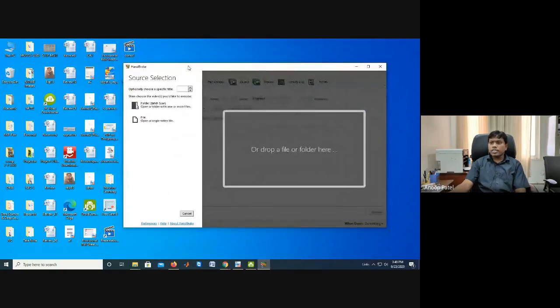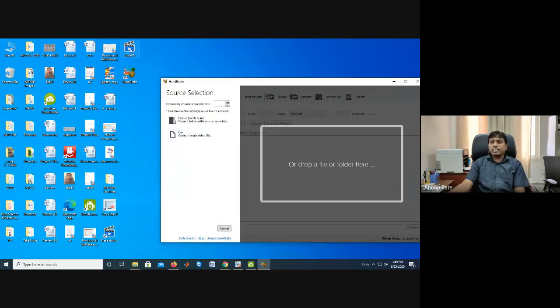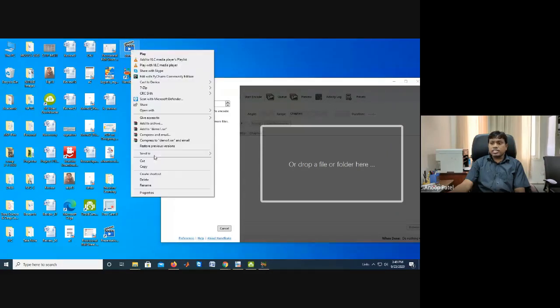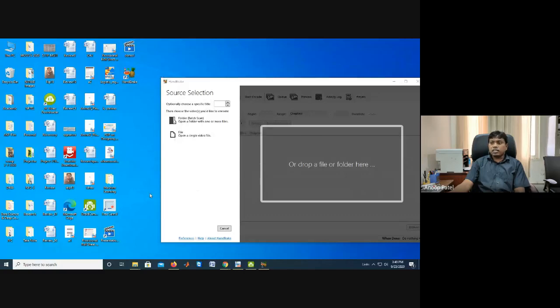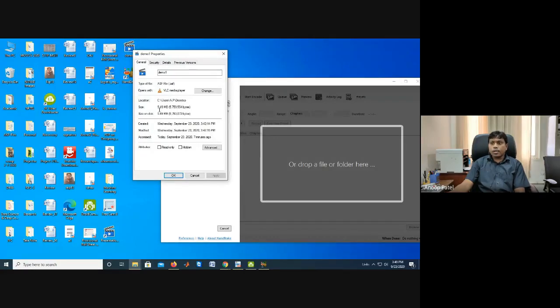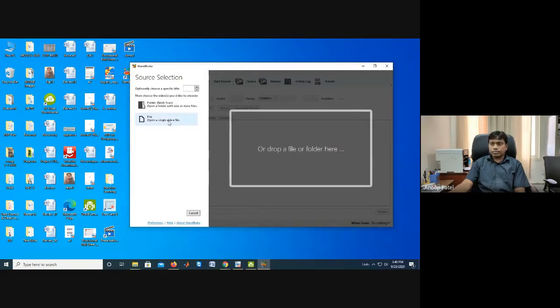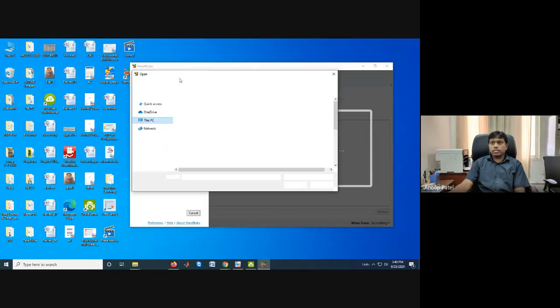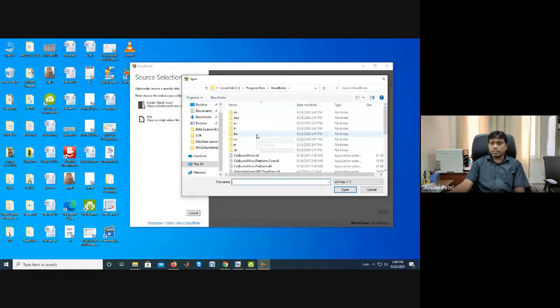This is the base. Here you have to upload the video you want to compress. There are two types of options here. The first is if you want to upload a whole folder, you can select this. If you want to upload a single file, you can select this one. Let's see the size of what I have recorded. First of all, I have to find the size, then we will see whether it is compressed or not. The initial size is 5.49. Its quality is not very good already, so the size reduction may be less for this one.